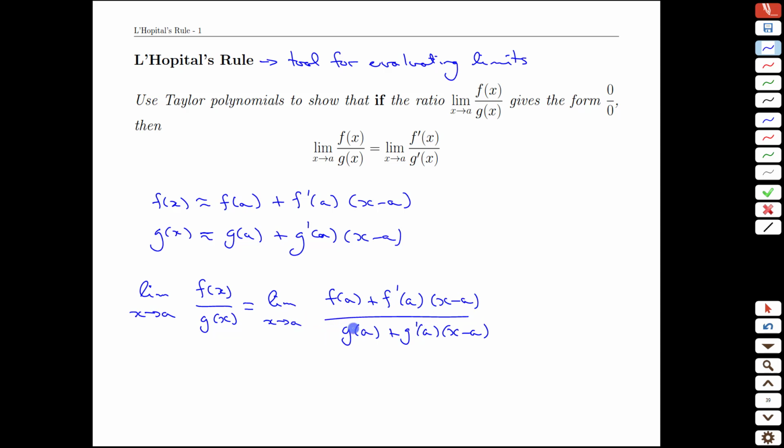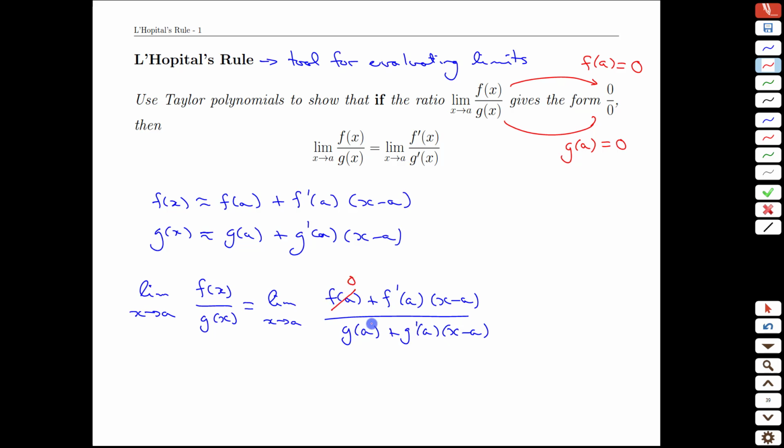How is that better? Well, if we focus on this f of a and g of a points, if we have x approaching a, then this 0 is what we got from subbing in. So f of a is actually 0 if that's the scenario we're looking at. And likewise, the function value of g, when we plugged in a, gave us 0 as well. Well, in this new form, that means we get zeros and zeros here. Going one step further and tidying that up,